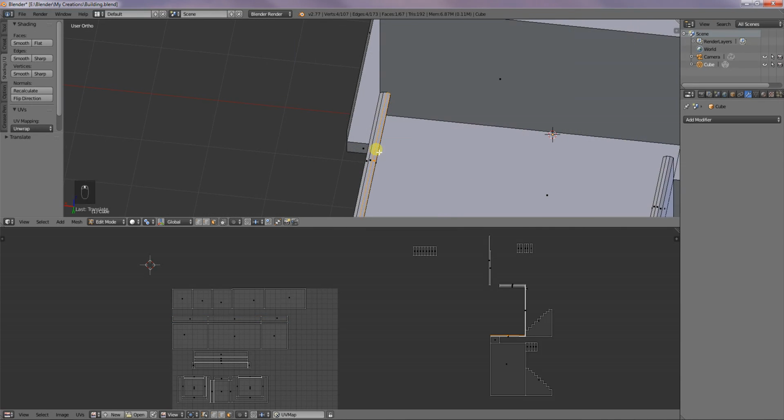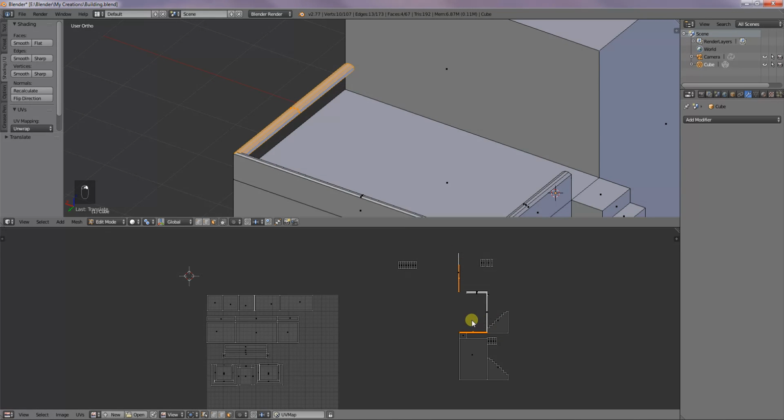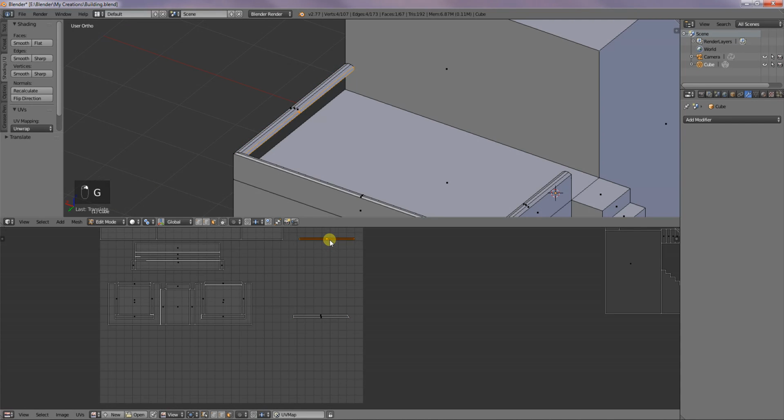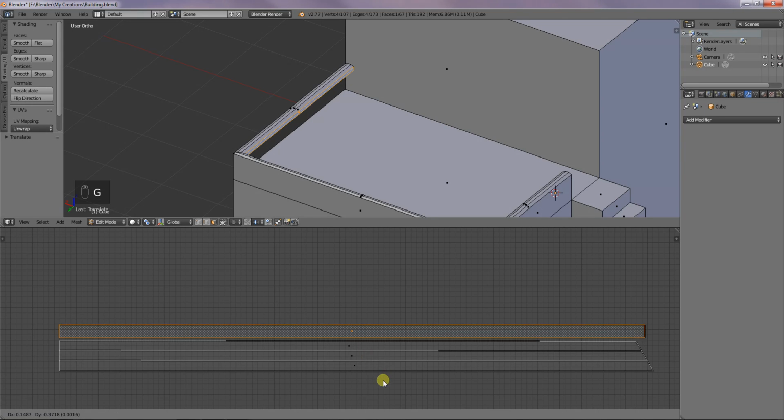if we can, I just want to make sure that I select all of those parts together there, and grab all of those over here, and then that 90. And then I want the next piece is that, next piece is that, next piece is that. That's cool. Okay, so just get that onto there. I want to make sure that they're all real close. Again, there's not going to be much detail on these, but